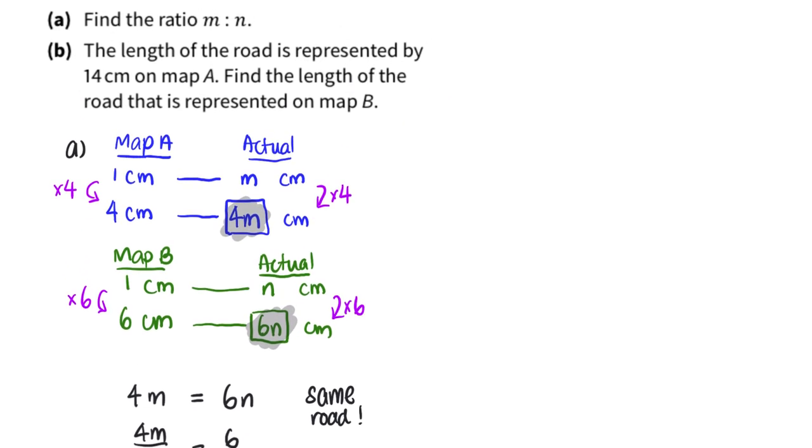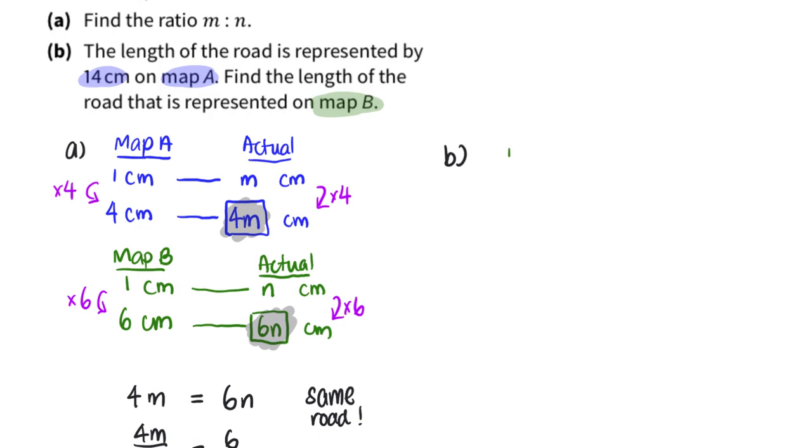Part B. The length of the road is 14 cm on the map A. Find the length of the road that is represented on map B. Well, do take note that since this is the same road and we are going to be using the map, the proportion is actually the same, and therefore I will be able to get this distance,